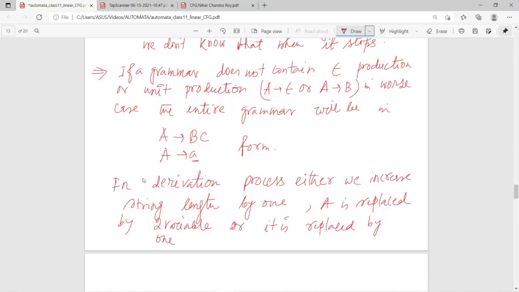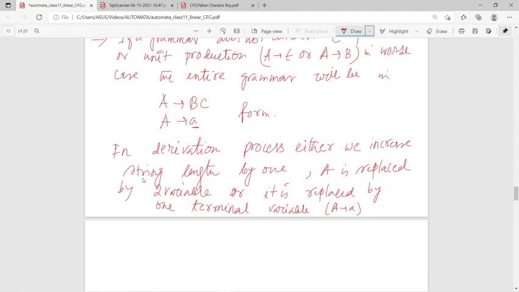Either the length increases by 2, or in the worst case it will be replaced by a terminal. So the number of strings, that means